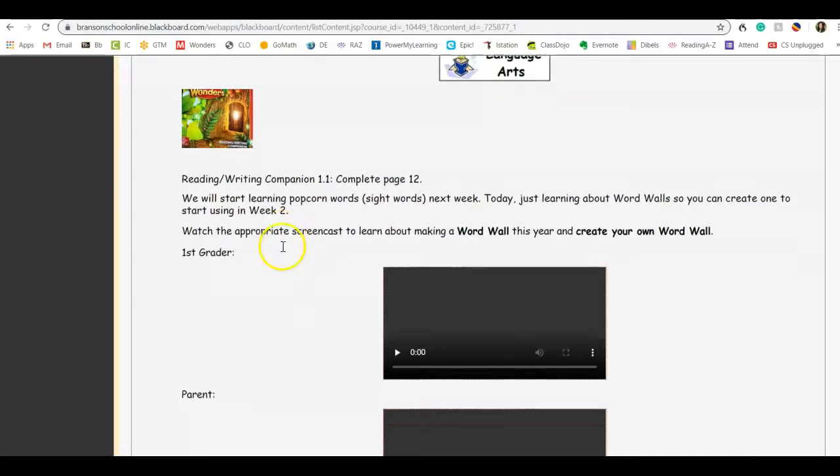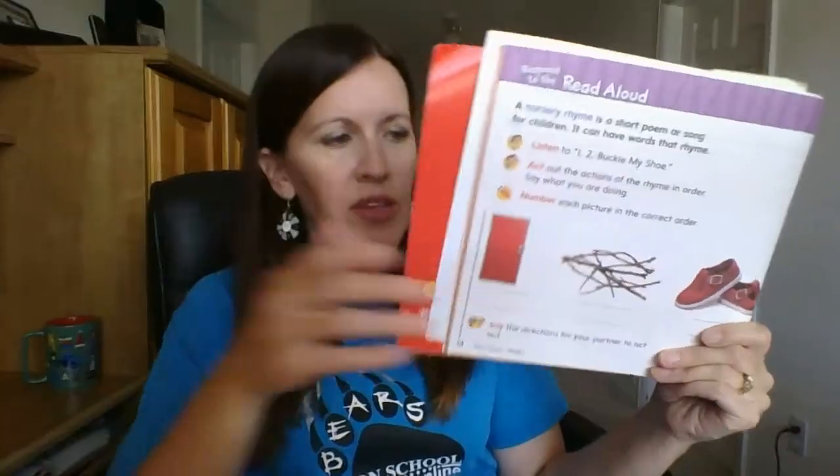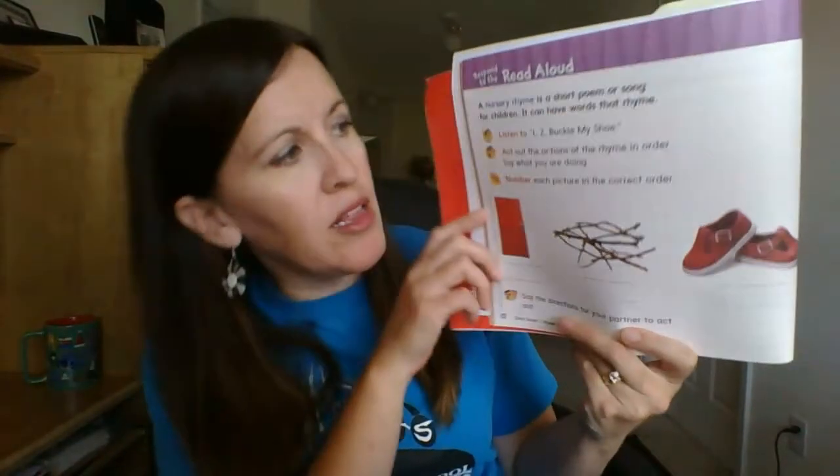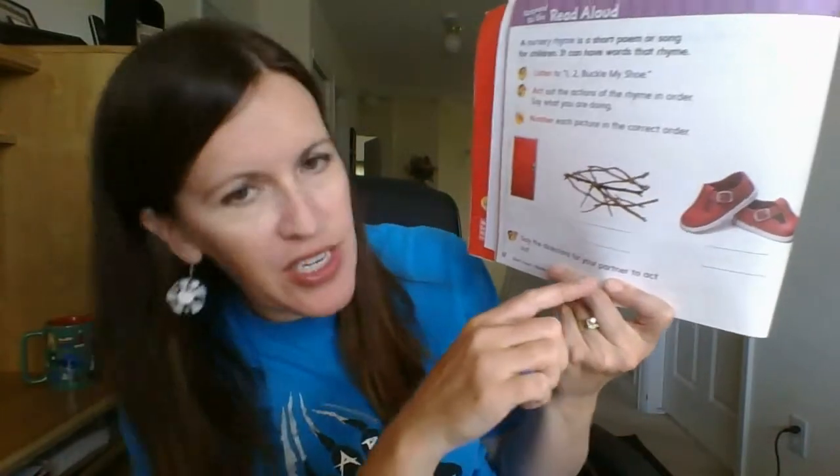So looking at language arts now, we're going to take out our reading, writing companion book, 1.1 of course, we're in unit 1, and we're going to complete page 12. Let's see what that looks like. So page 12 is all about listening to Buckle My Shoe, acting it out, and then numbering the pictures in